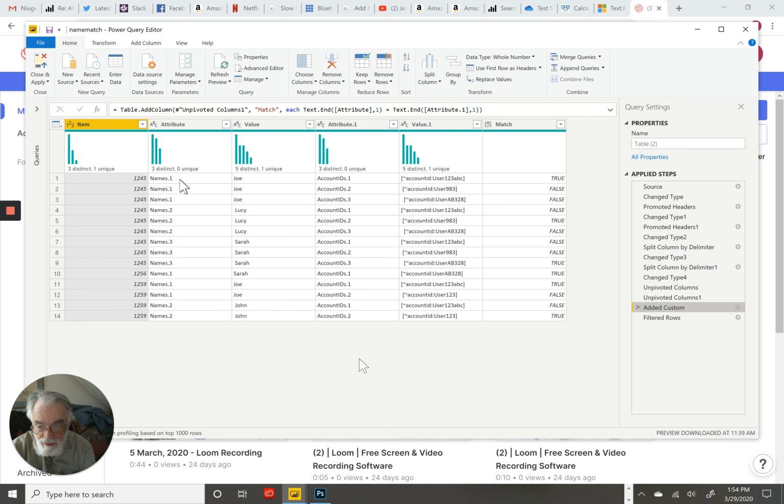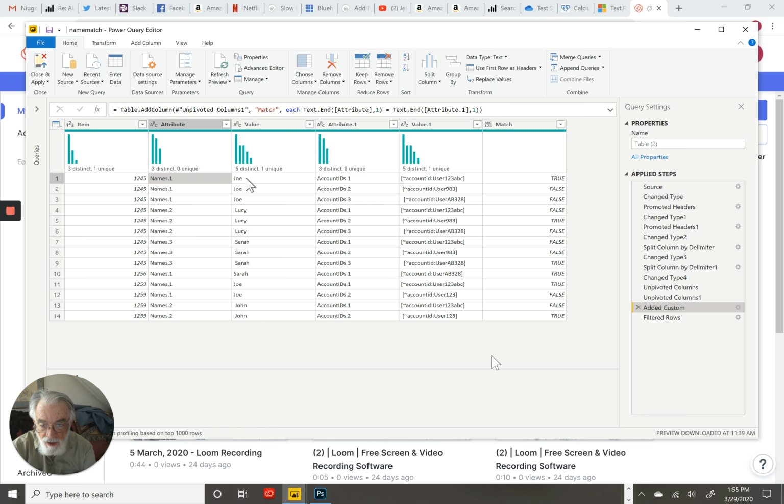So it got the last value that's in the last character in the attribute column, and it got the last character in the attribute 1 column. And it said if those two are the same, then return true, because what we're after is the column for